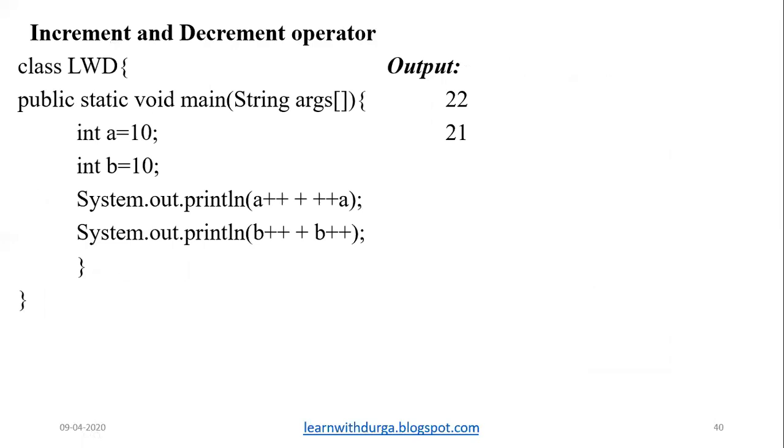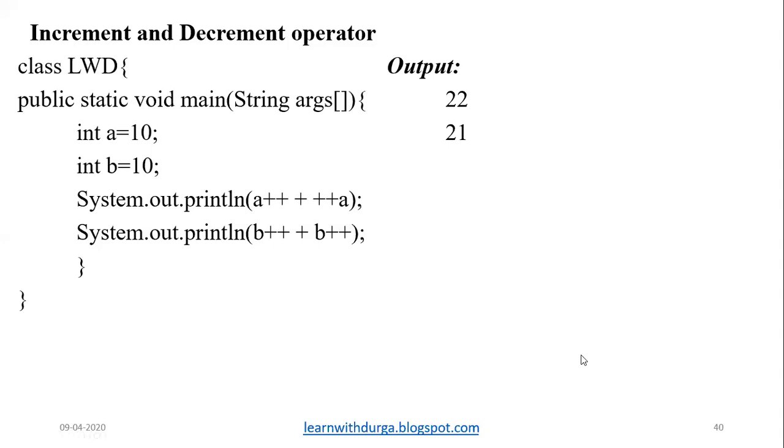Okay, so next one is called increment and decrement operator. Let me go ahead with the basics of each and every question, and then we'll go ahead with the practical exercises. So I have a value A equal to 10 and B equal to 10. Now I have the increment and decrement operators, pre-increment and post-increment. That is what we are going to discuss now.